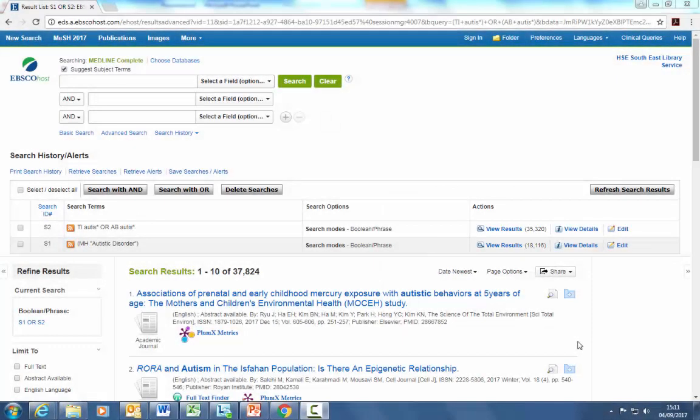I often search within these two fields only when doing keyword searches. You'll find that if your search term is not mentioned in the title or abstract, it's probably not going to feature prominently in the article. Also, because we've typed TI and AB in the previous search, the database recognizes that we're not running a subject search. Instead, we're just running a keyword search. So we get the results straight back without seeing the suggest subject heading screen. We've got about 35,000 journal articles in the database with the words autism or autistic in either the title or